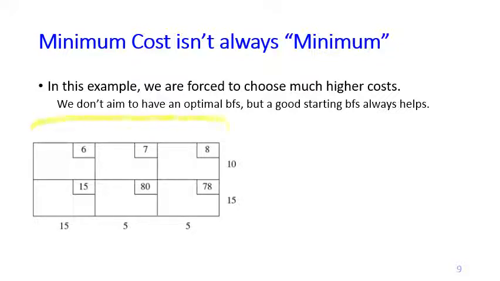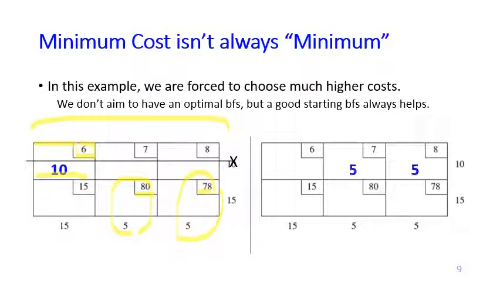problem here, if we use the minimum cost to create a starting BFS, then we will fill that cell with 10, because this is the lowest cost, and then we cross out the first supply point. You can imagine that now we are forced to fulfill the demand for the second demand point and the third demand point with a very high cost. And you can imagine that the BFS on the right hand side here is actually preferable